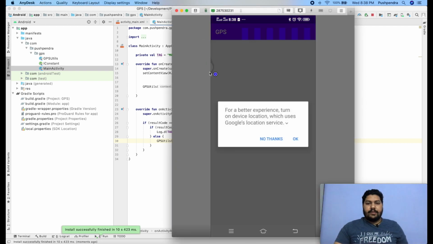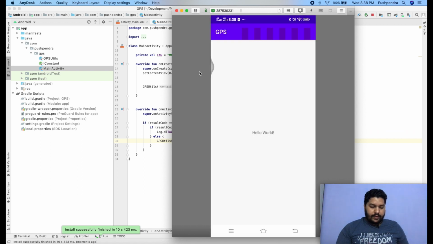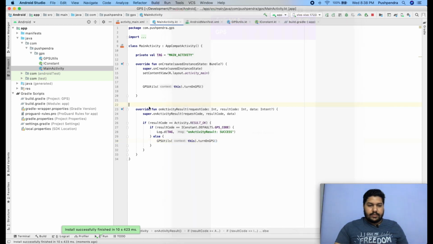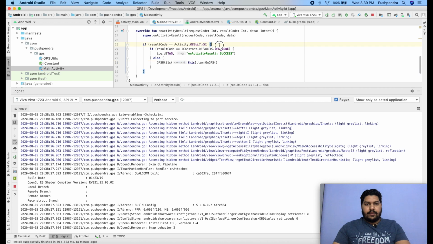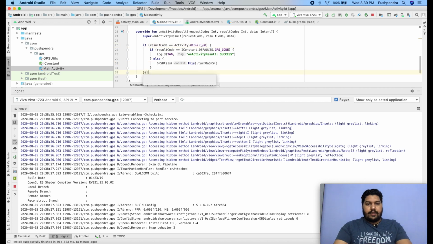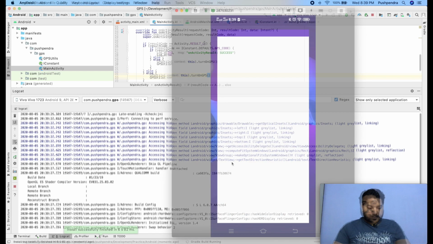Now you can see GPS is not allowed. Now what I'm clicking on no thanks. Now if I click on no thanks, then why it's not coming here? I missed one line here, and else if result is not okay. Okay, now again I will run, and I will see the output.